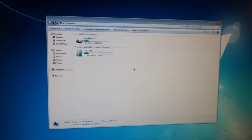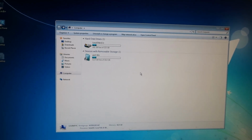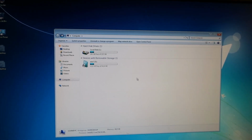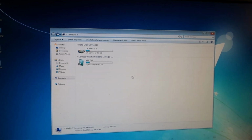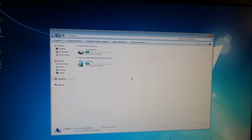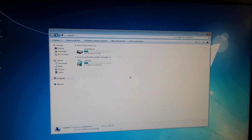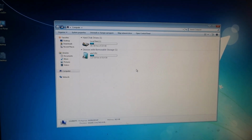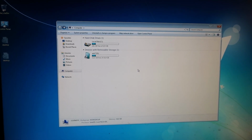So that's the process you should do, even if you install from a DVD, because if you don't have the USB drivers already integrated into the installation media and you installed the OS from a DVD, now you are pretty much screwed on the desktop. You can't access any files from any USB ports as there is no driver. So the only way you could fix the situation, if you use the DVD, is to use another computer like a laptop, move all the necessary drivers to an empty CD or DVD, and then move the files over with that DVD to